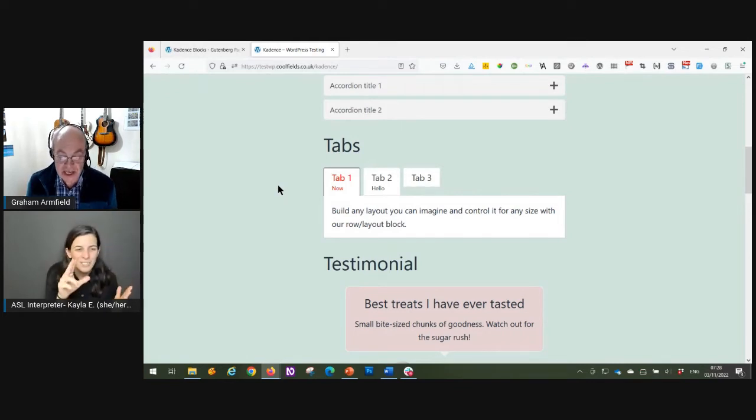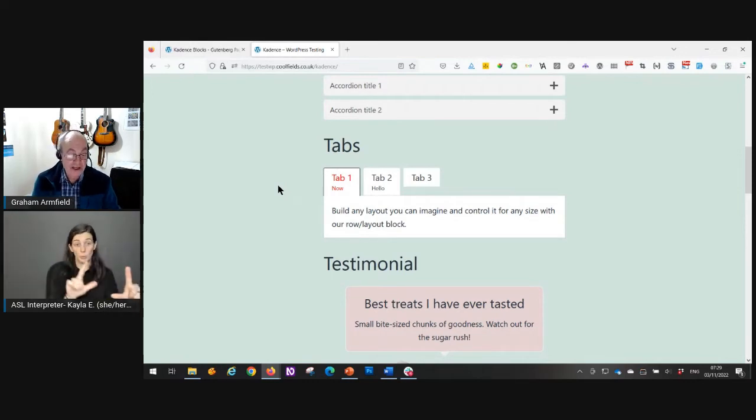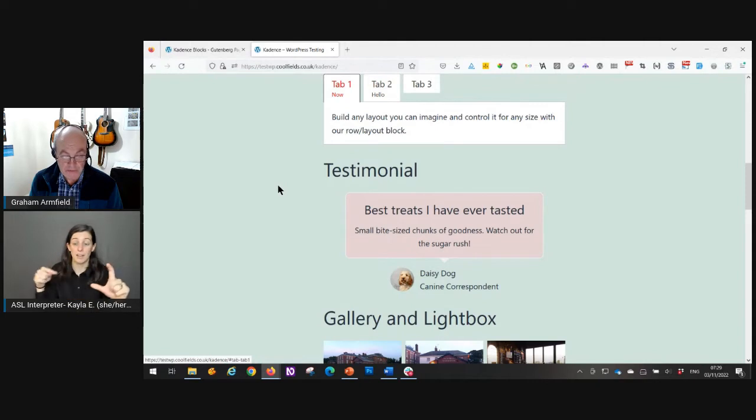It actually uses the official way of doing tab panels from a keyboard operability and accessibility point of view. So I've tabbed to the first tab header. If I want to move to any of the other tab headers using a keyboard, I will use the left and right arrow keys. I'll press the right arrow key now, and we can see that it's moved to the second one and then the third one. And I'm using the left arrow key to move back to where I was before. That's pretty good. That's exactly how you should build a tab panel to work. But also the ARIA underneath is absolutely correct as well.